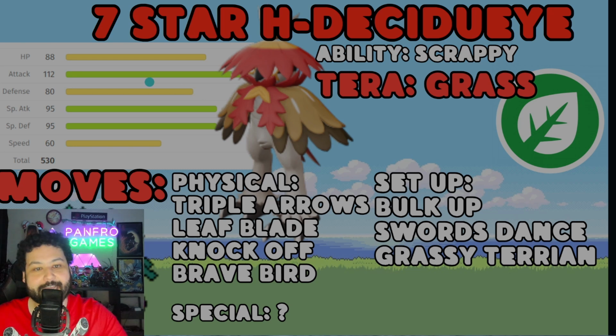So looking at the stats here, DECIDUEYE, pretty decent with a physical attacker. 112 is pretty good. 88 HP is good bulk paired with 95 special defense, but its lower defensive stat is physical defense, meaning we should probably try to hit it on the physical side. That may be easier. Of course, Screech users have a harder time out here than Acid Spray and Fake Tears users. So special defense is always easier for us to target, but if we can, we want to